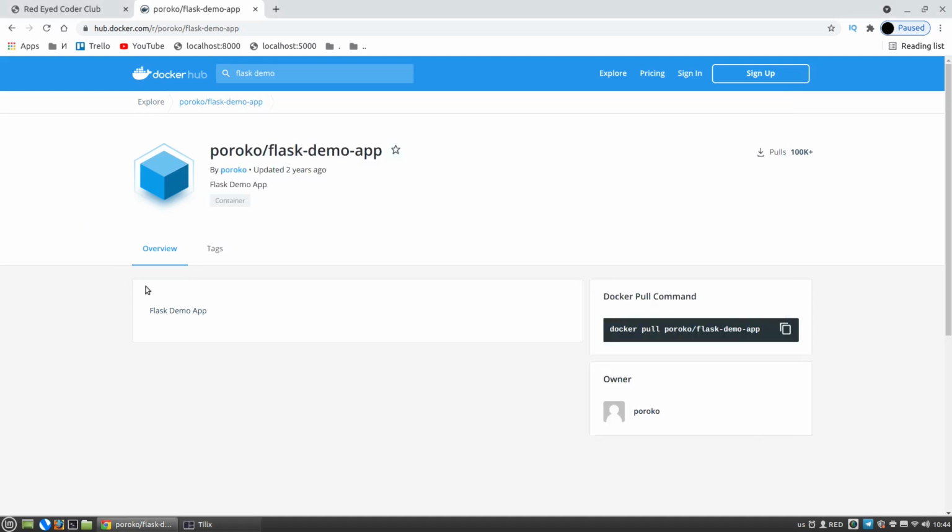Sometimes here in the full description section there is a link to the documentation, or there is a command that we have to run to start the Docker container. But in this case, there is no command provided, neither a link to documentation. But it is not necessary. I assure you that you already know what is needed to run the downloaded Docker container.